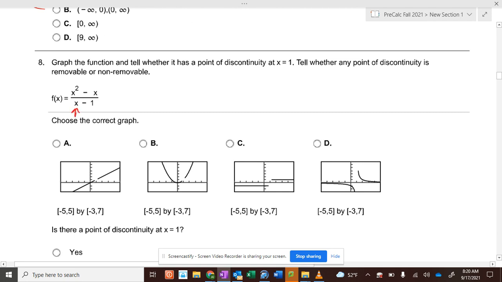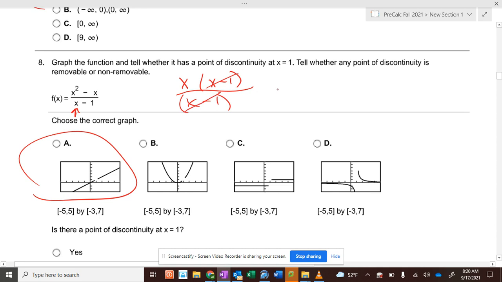You can't have 1 in the denominator. So at 1, there'll be something going on. Now, what you could do is graph it on your graphing calculator and see that it's A. Or you could take out an x and you get x minus 1 over x minus 1. The x minus 1's cancel, so y equals x should be the graph with a hole at 1, which is that